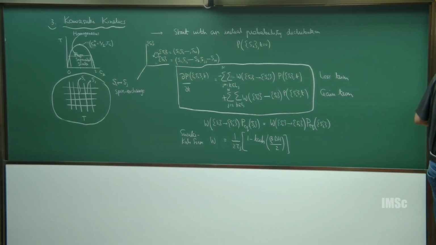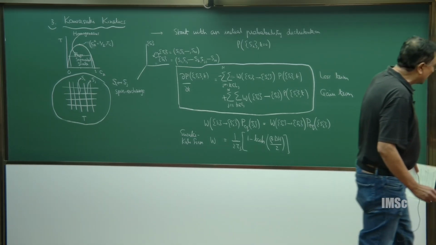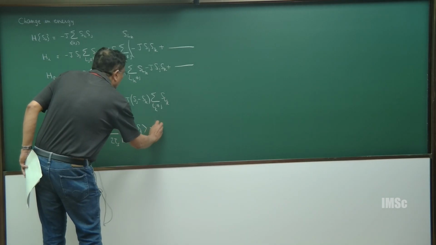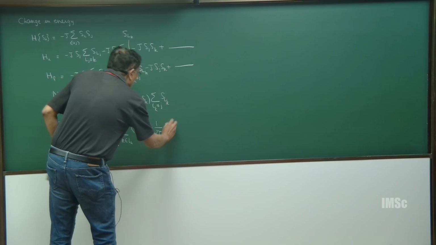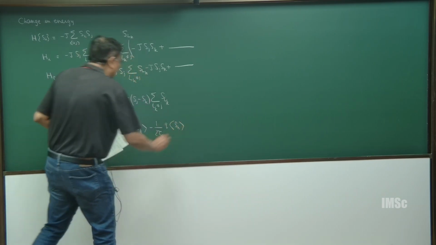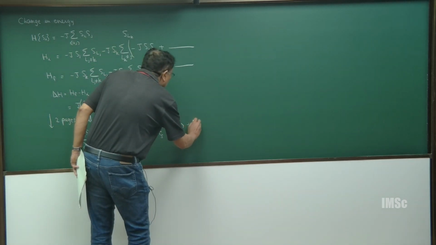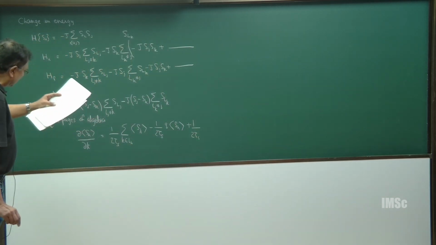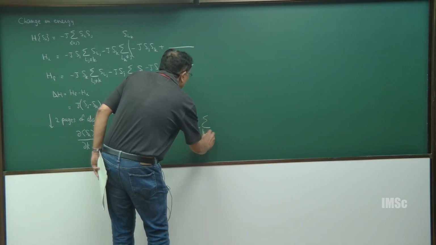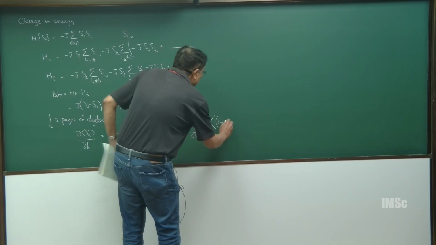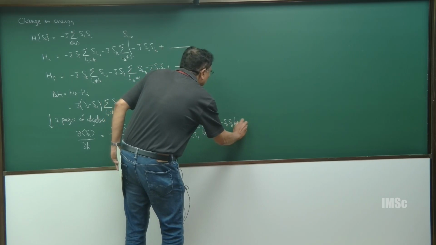So, the evolution of the magnetization with time t is equal to 1 over 2 tau, sum over S_k, k summed over nearest neighbors of n, which you are looking at, minus 1 over 2 tau, q, where q is the coordination number of a site, S_n average, and then finally, I should write this down for pedagogy, because otherwise it would not be complete, but it is a slightly messy term. 1 over 2 tau, sum over the neighbors k of n, expectation value of 1 minus S_n S_k